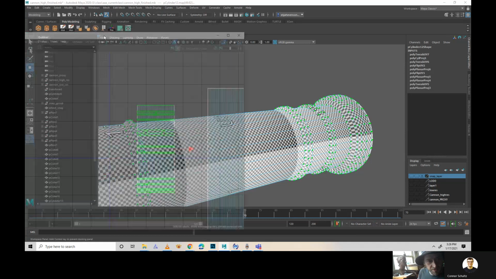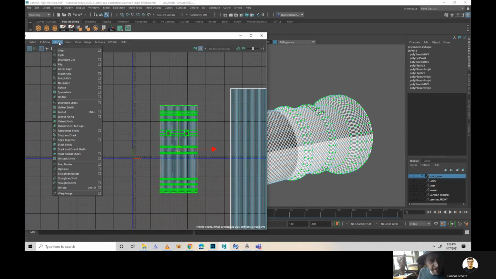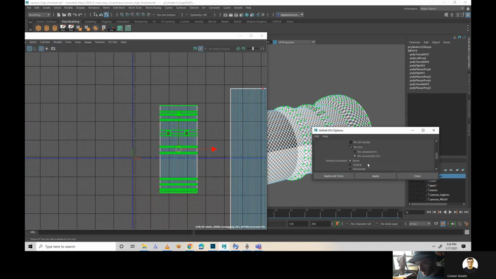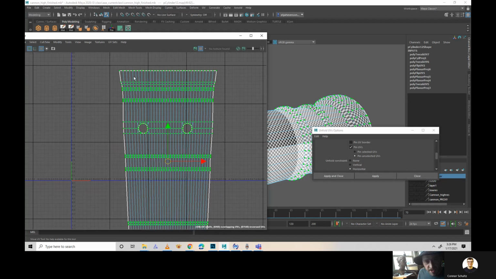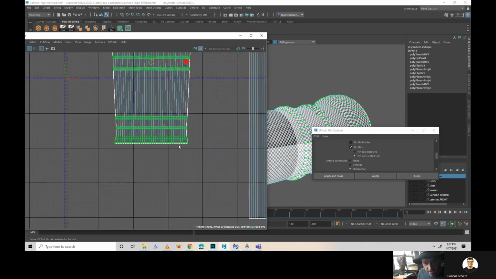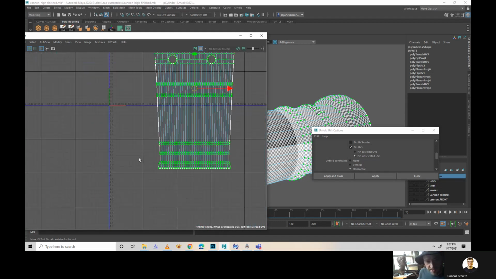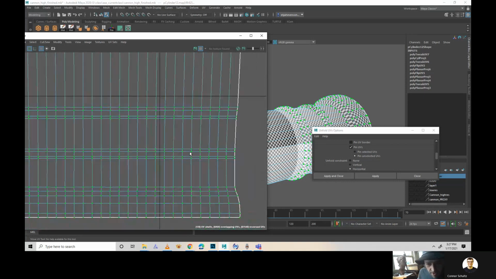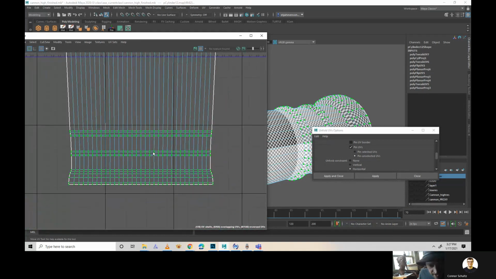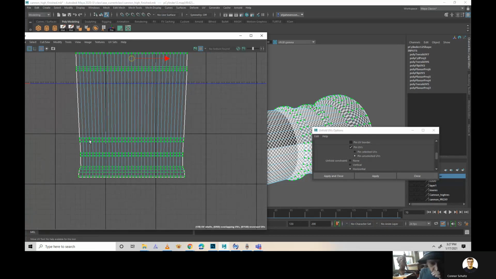What we can do is use the legacy unfold with the horizontal constraint. And what that does is kind of widens certain areas. And then here, what I don't want is these lines to go up and down. If they start going up and down, then it's going to be really hard to fix any ridges in the normals. And it just ends up being a really, really clean normal bake if you keep your ridges flat in the